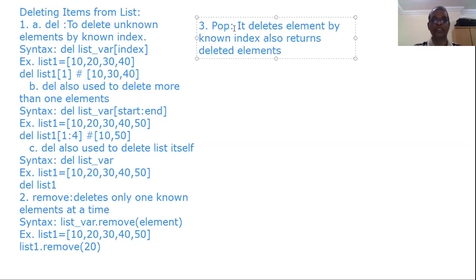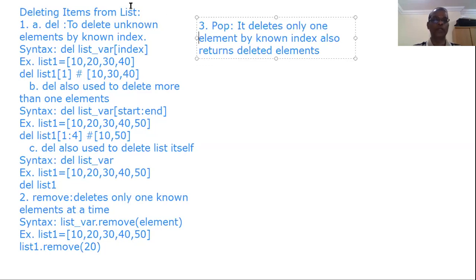So pop deletes an element by known index, just like del. Only one index. Only one element by known index, and it also returns the deleted element.